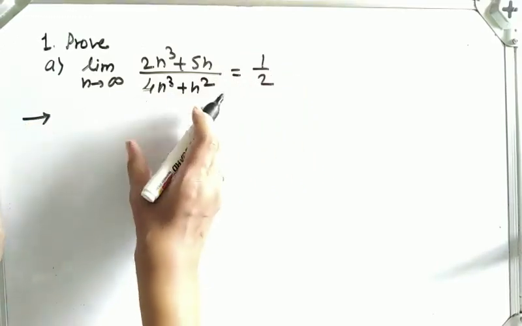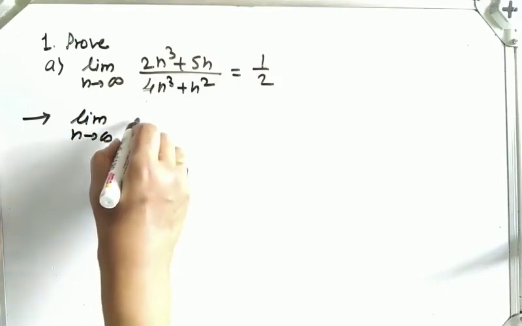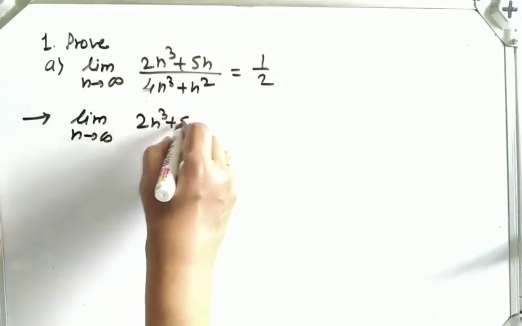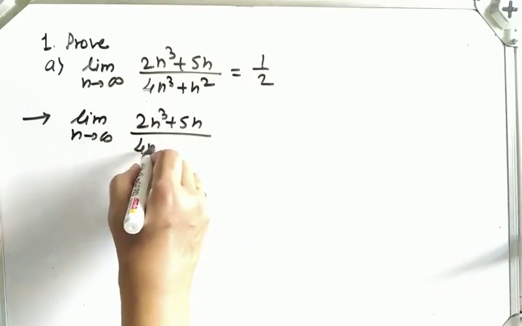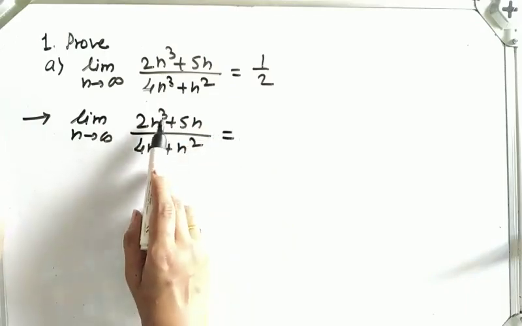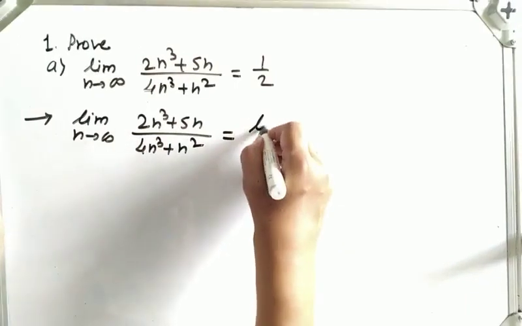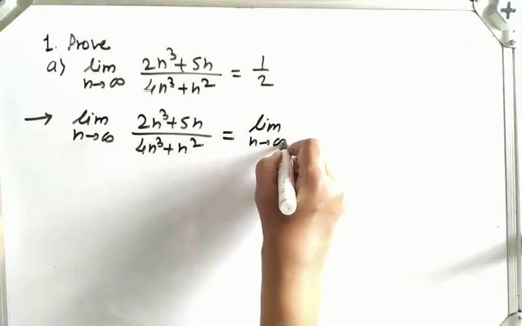So first of all, on the left hand side we have the limit as n tends to infinity of 2n cube plus 5n upon 4n cube plus n square. Which is the highest power? Cube. n cube is here, the highest, n cube is here. So we will take n cube common. So the limit as n tends to infinity